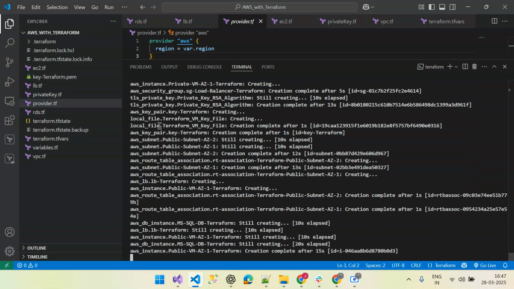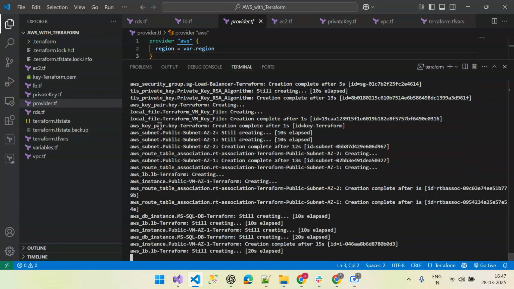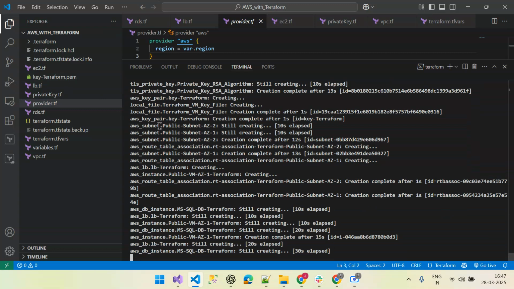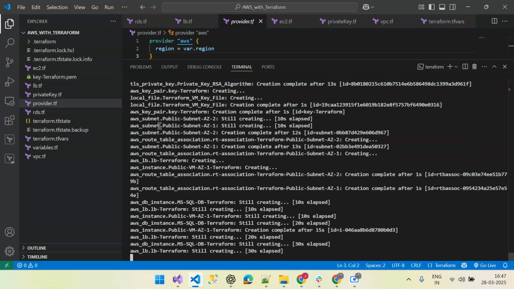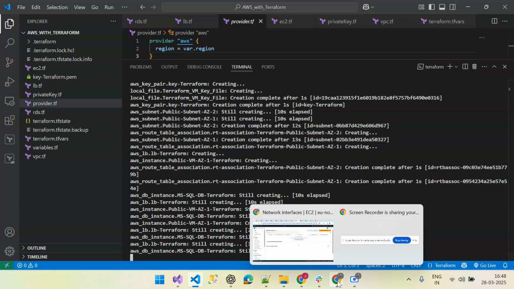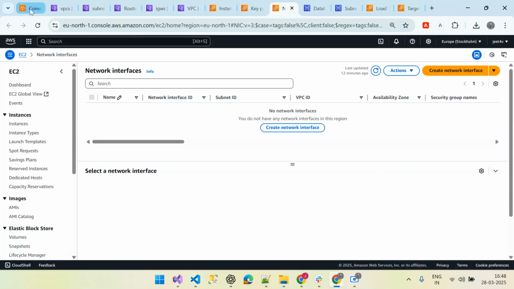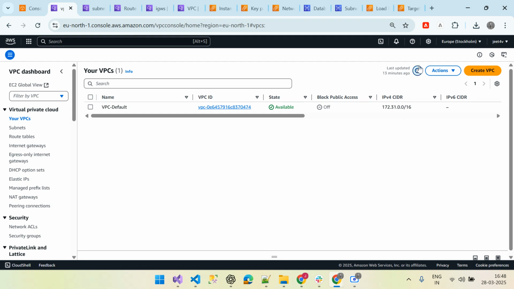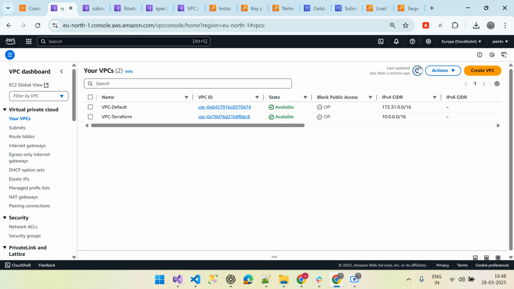In these 25 instances, a lot of time will be taken by the database instances and then the load balancer. So meantime, we can go to the console to check which resources have been created as of now, right? So we are moving to the console. I'm refreshing this. So VPC Terraform is created,